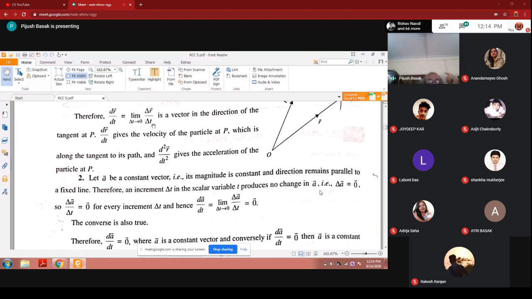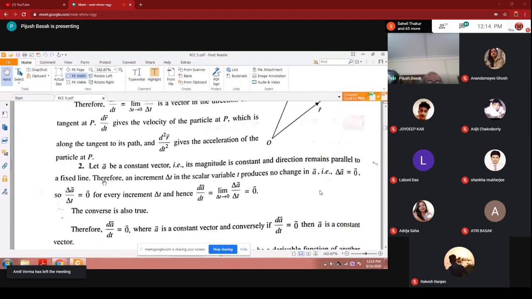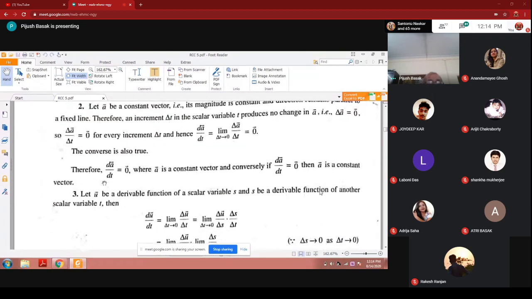dr/dt is equal to this. dr/dt will be the velocity, and d²r/dt² will be the acceleration. But if A is constant, if R is constant, as they have written it as A, then there is no velocity and no acceleration. That is quite true. Therefore dA/dt is equal to 0 when A is a constant. Third one,